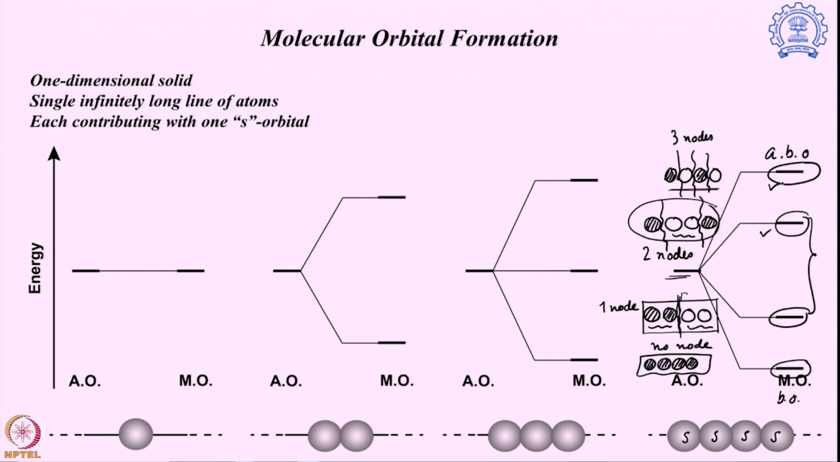So, as you are seeing, as I am going from 1 s orbital to 2 s orbitals to 3 s orbitals, now we actually have 4 different s orbitals. So, these are not exactly 1s, 2s sets of orbitals, but one single s orbital, 2 different s orbitals, 3 different s orbitals, and 4 different s orbitals. When they come together, as you can see, we are increasing the number of different molecular orbitals over there, and this will continue if I go to n number of s orbitals,